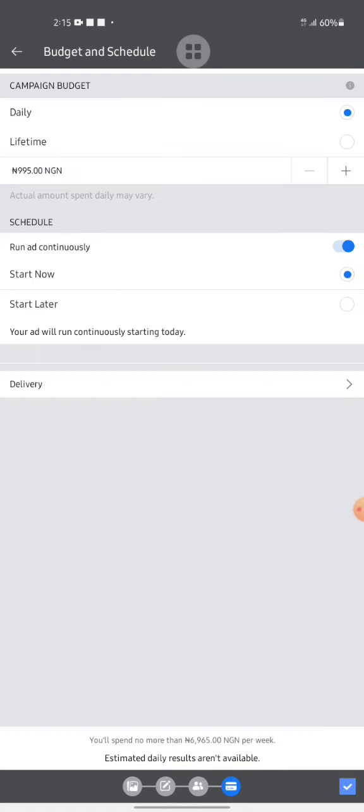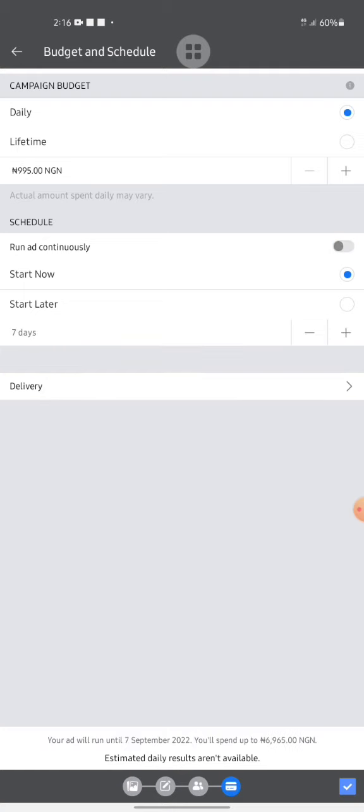Okay. Now here you want to decide if you want to use a daily campaign or lifetime campaign. Okay. So this is daily. I normally use it on daily. Okay. So this is run ad continuously. No, I will uncheck it. I want to put the number of days. I want my ad to run 7 days. Okay, 7 days. So it means that, hold on,